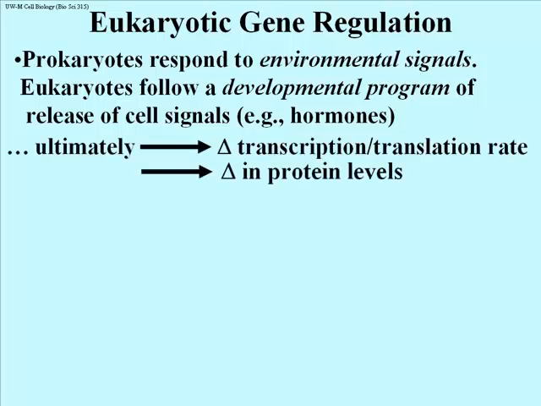Ultimately, all of these signals will lead to changes in transcription. There are some examples of changes in translation rate even. As you'll see in a moment, eukaryotes go through quite a number of steps in order to go from the information in a gene to the information in a polypeptide. And control can occur at any one of those levels. And ultimately, gene regulation, or for that matter translation regulation, which is not quite gene regulation, can result in changes in protein levels and therefore changes in a cell's metabolism.